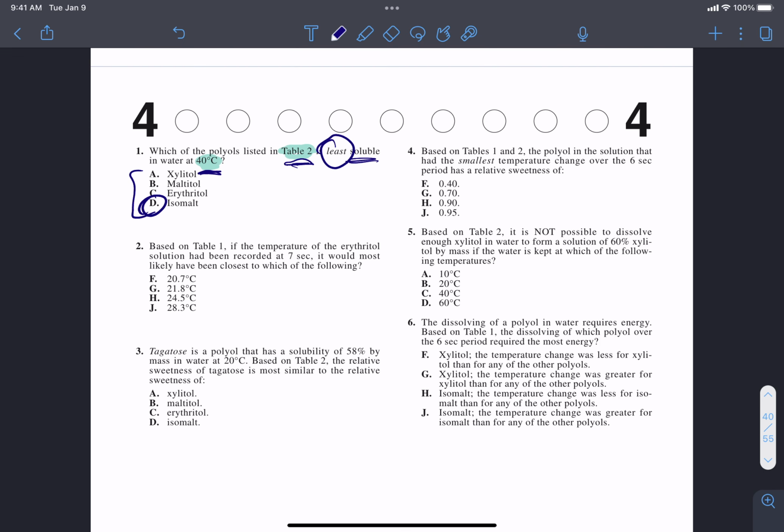That's all you got to do for question number one. You circle, underline, highlight your reference points. Again, that was table 2, 40 degrees Celsius. Find it, scan for it, and then pick whichever one's the smallest. That's question number